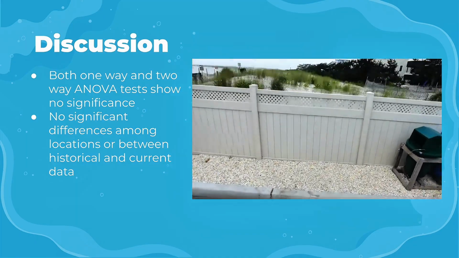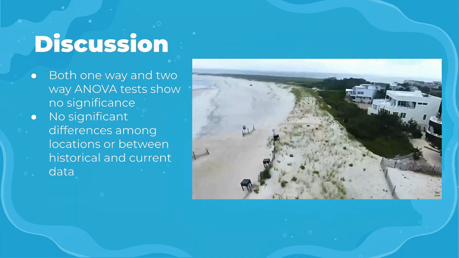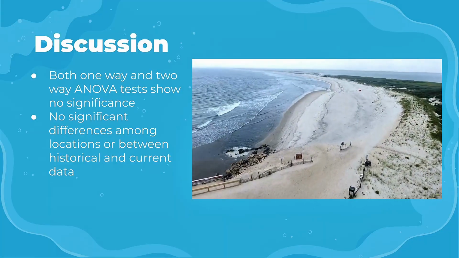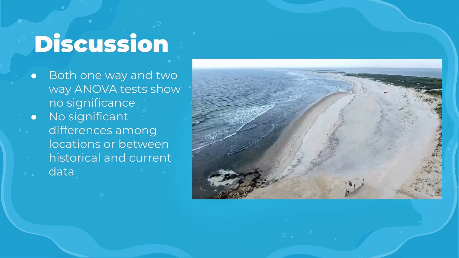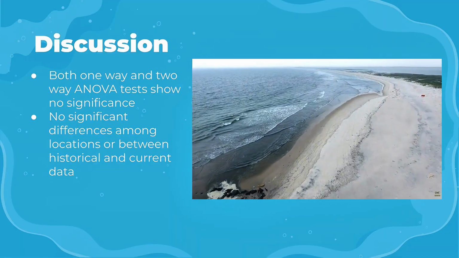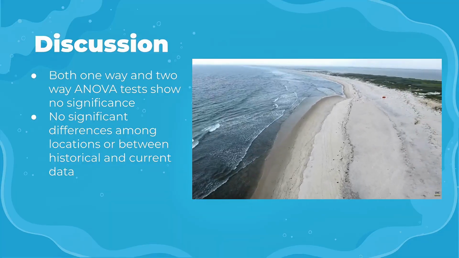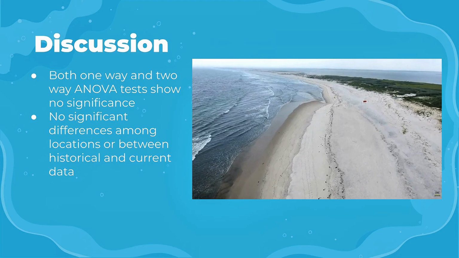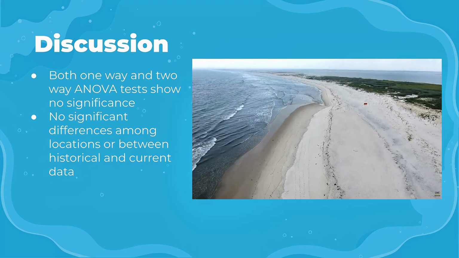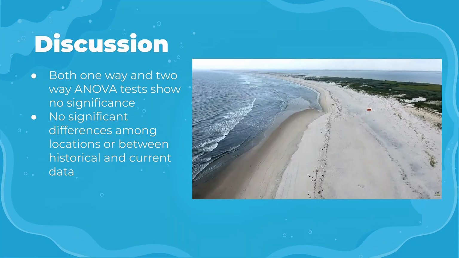The insignificant results from the one-way and two-way ANOVA tests between Long Beach Island, Seaside Heights, and Point Pleasant, as well as past data, indicate stability across these sites for salinity and conductivity over the years 2021 to 2026, with a p-value greater than 0.05. Based on the little variation between these parameters, an inference can be made that all sites are impacted by their distribution and movement with influence from incoming storms.